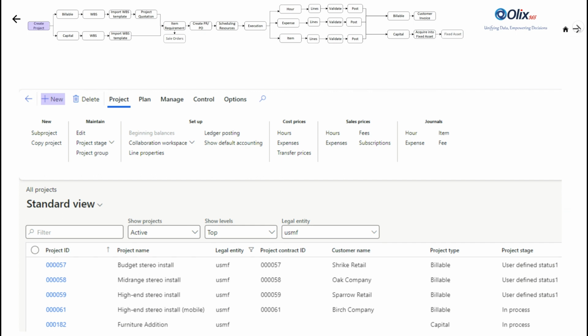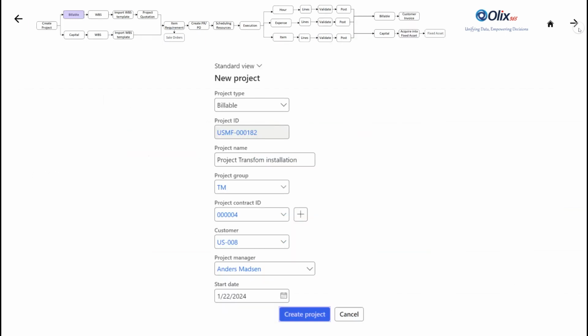In the project planning, estimation, and execution, the engineering team initiates the process by creating a new project. Clicking the New button in the project details screen allows them to specify the project type as billable. In the case of a billable project, they enter details such as project name, group, and customer before selecting Create